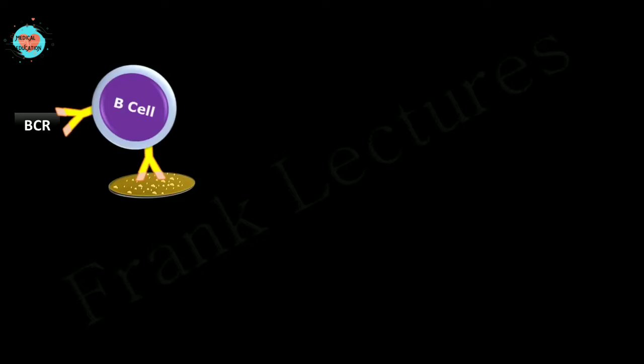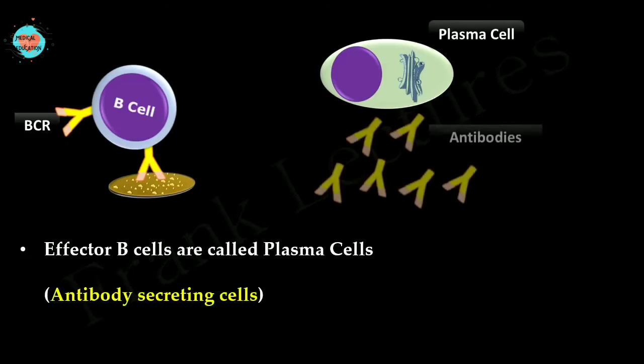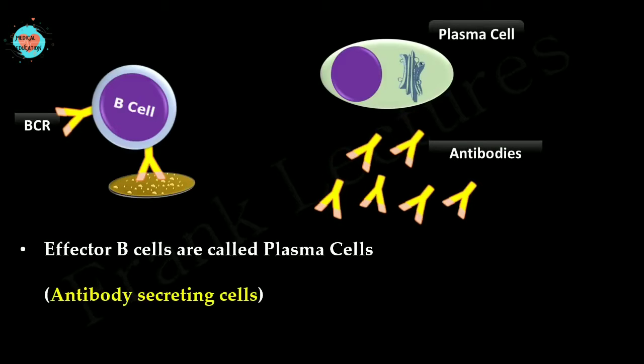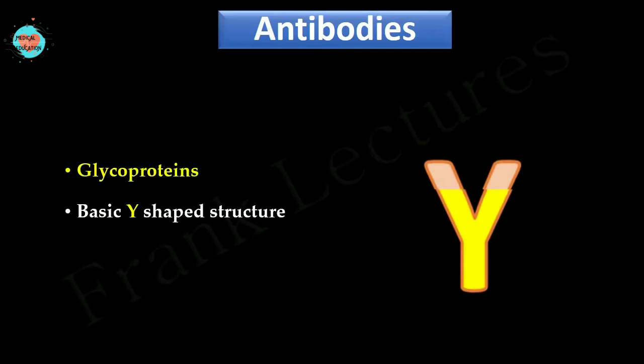Once activated, these B cells proliferate and differentiate into effector B cells and memory B cells. Effector B cells are known as plasma cells, which are antibody-secreting cells. They produce and secrete antibodies specific to the antigen recognized by the B cell. Antibodies are glycoproteins. The basic structure of antibody resembles a Y-shaped molecule having two antigen binding sites and a stalk known